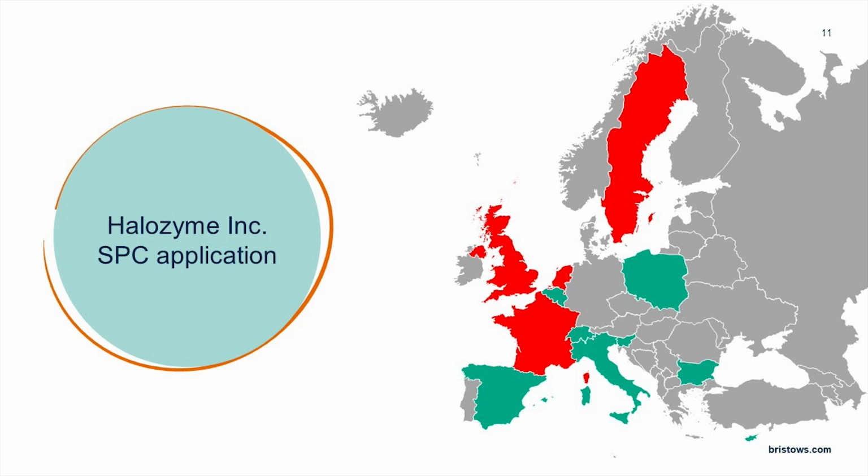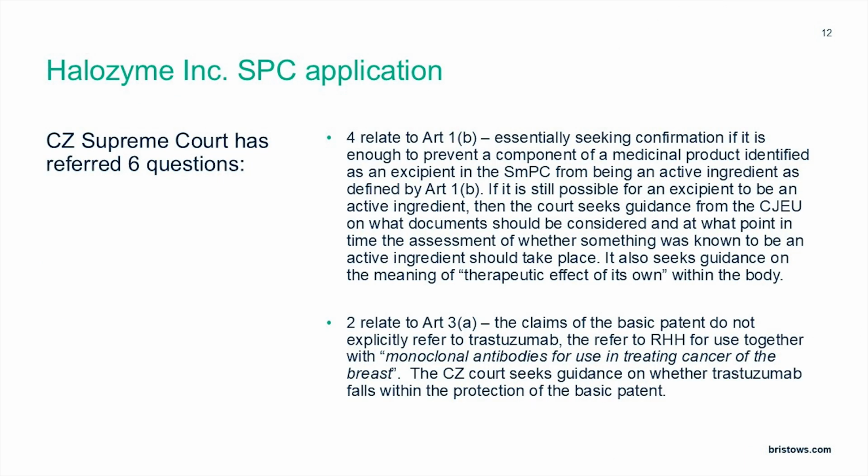It is of note that both decisions in Sweden and France were by the Supreme Court in those countries, having found, in both instances, that the recombinant hyaluronidase was not an active ingredient. The Czech court appears to have recognised the diverging decisions across Europe, and in June 2024 made a reference to the CJEU. The court has asked 6 questions, summarised on this slide,